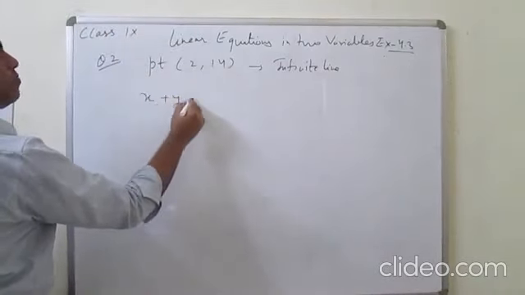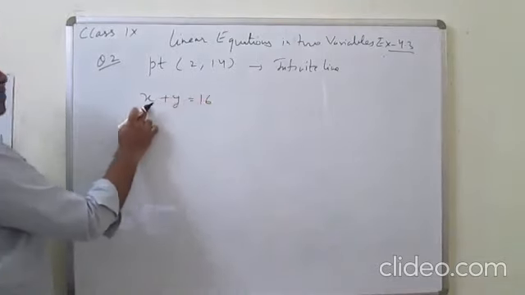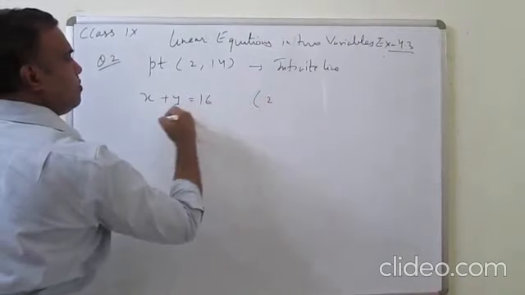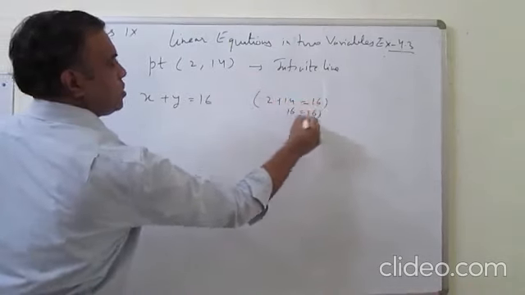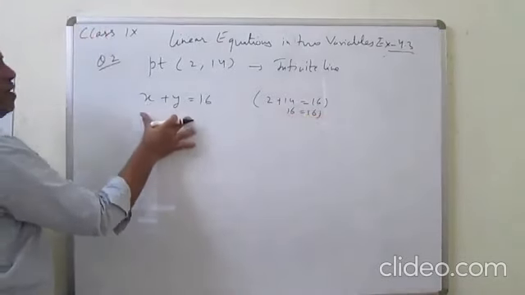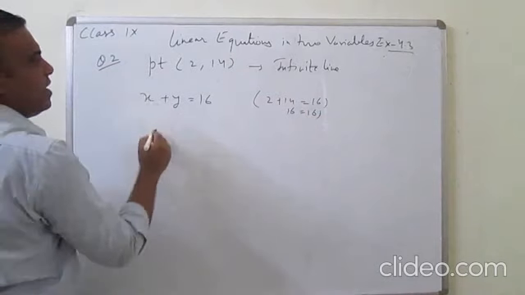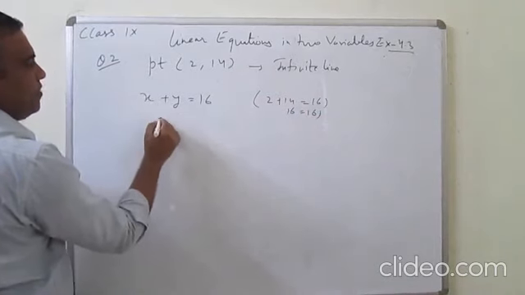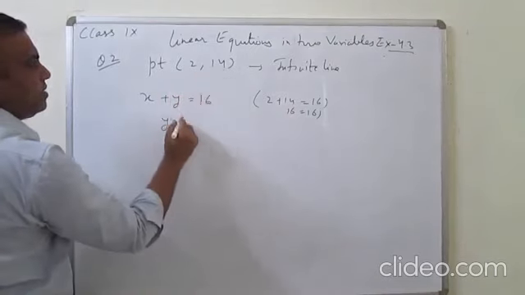First equation, x plus y, you can write it is 16. Now, if I put x here 2 and y 14, you will get 16 is equal to 16. So, in this way you have to write two equations. One I will write, another I will write x is equal to, y is equal to, y is 14 and